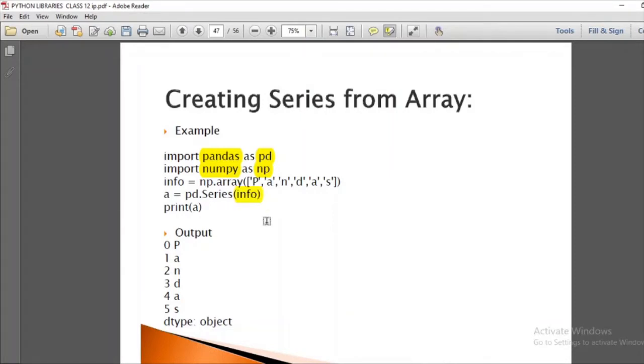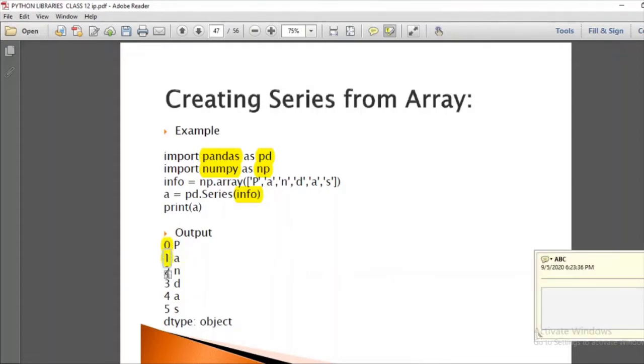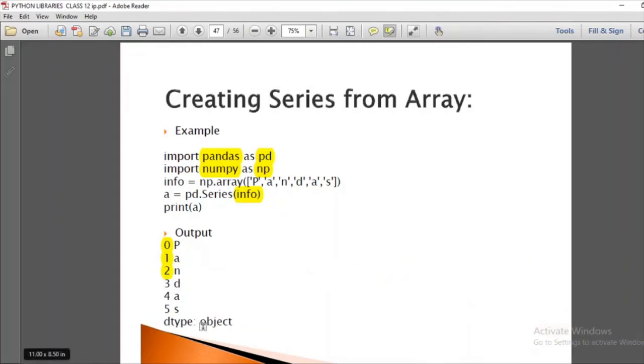Here you can see that we are not passing any index. When you print the series, you can see that it has created its own index, 0, 1, 2 up to 5, and the data type of this is object. This is how you can use an array of the NumPy library for creating a series.